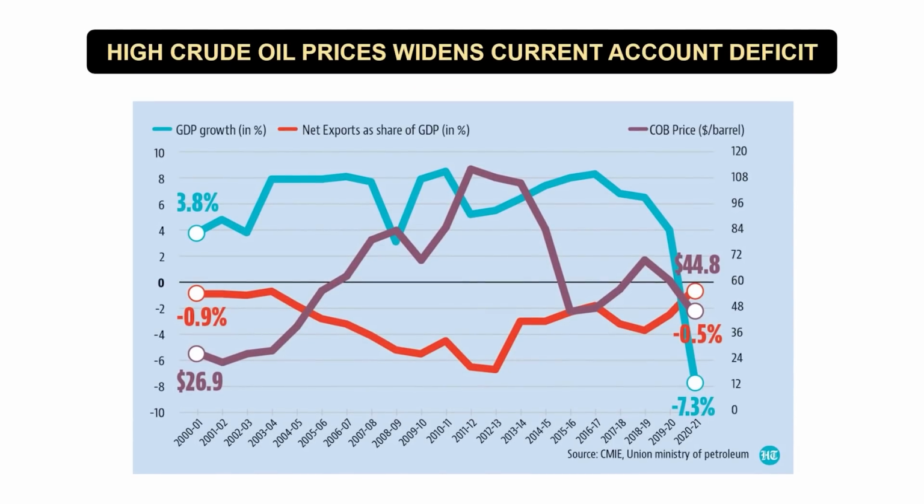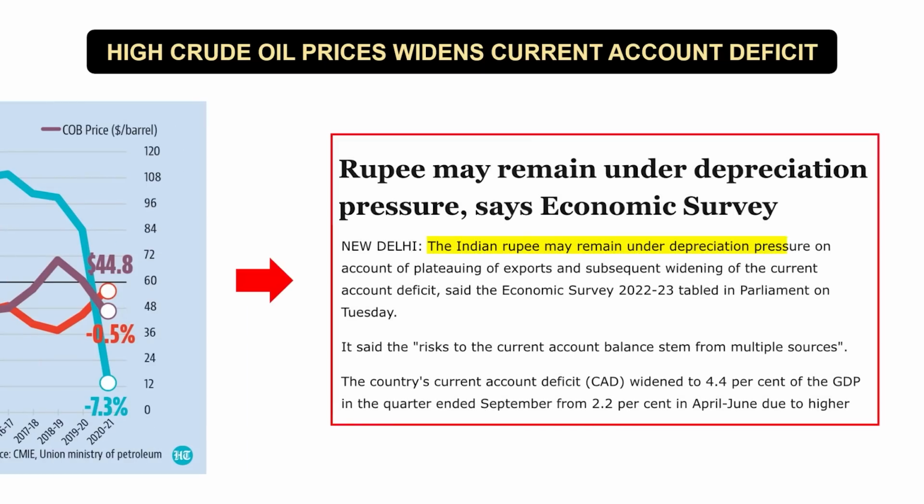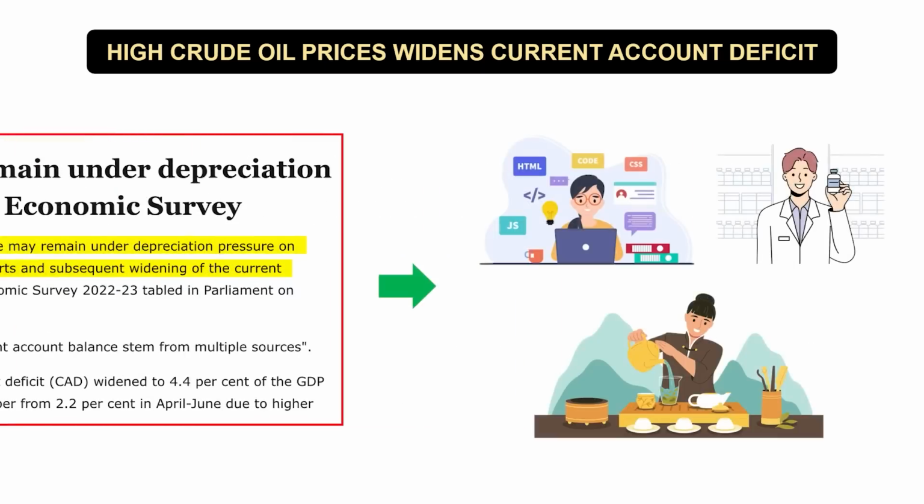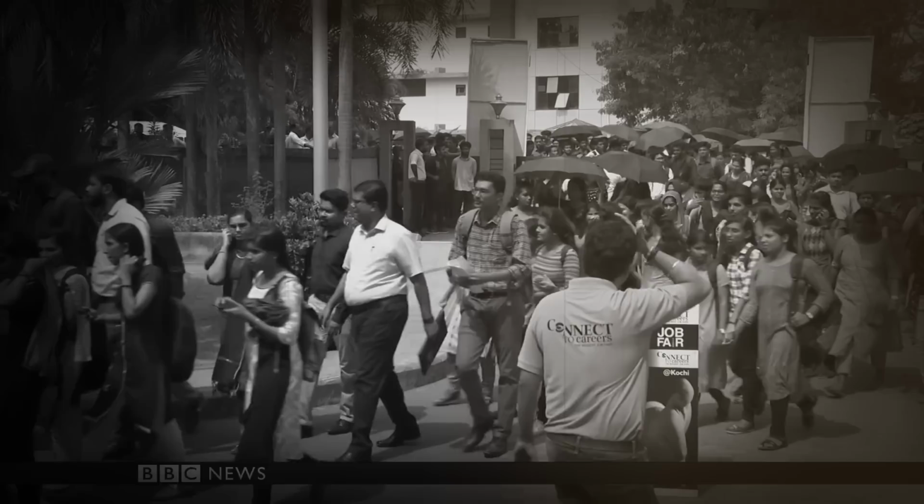Another consequence of rising crude oil prices is an increase in the country's CAD, its current account deficit, which leads to a depreciation in currency which may not help a number of companies. But if you are invested in export-oriented sectors like IT and pharma, then a rise in oil prices is actually a positive in this case.